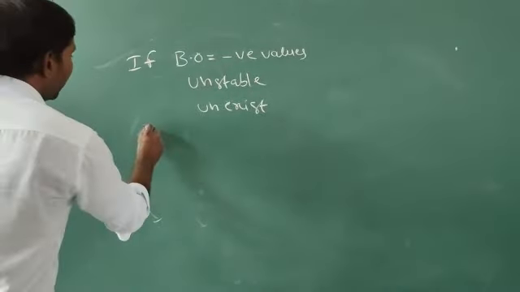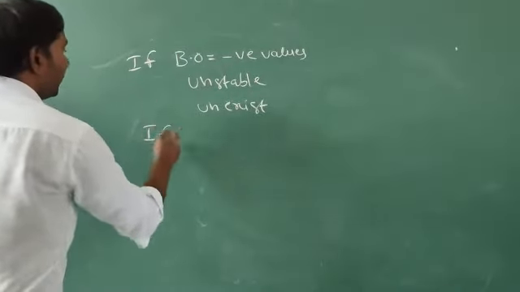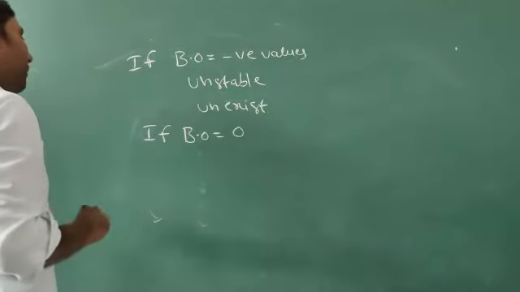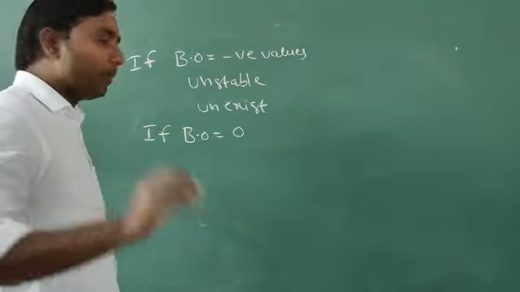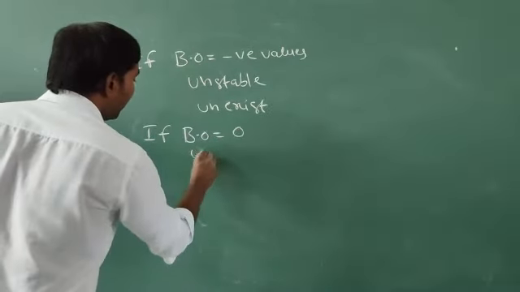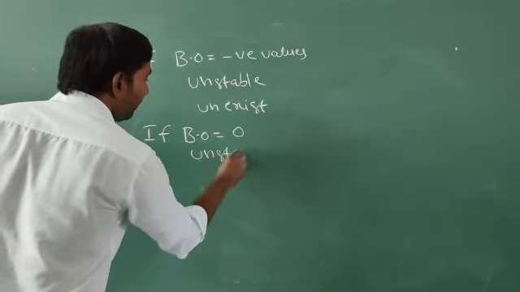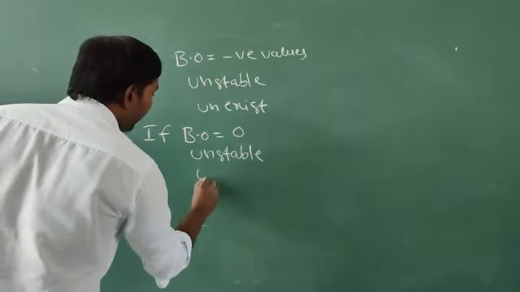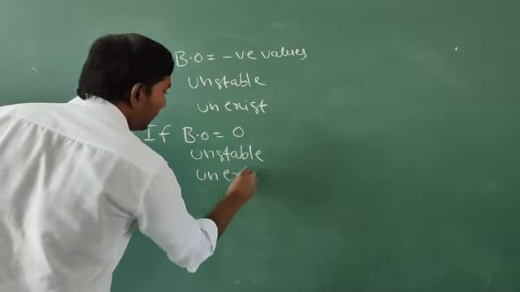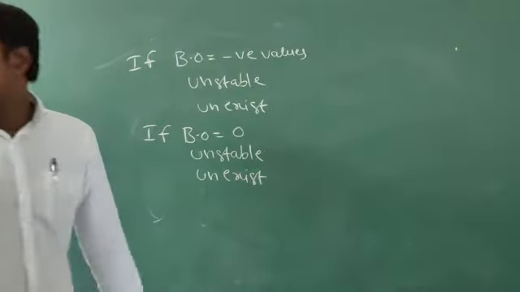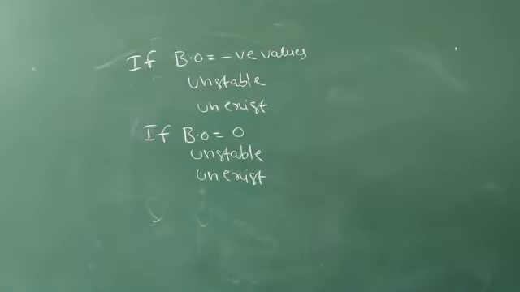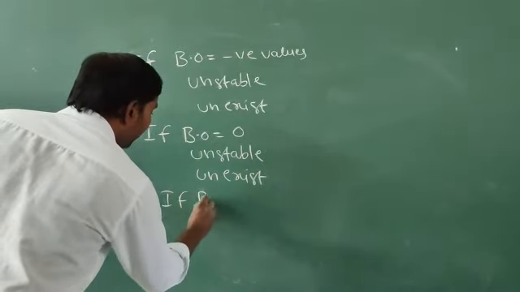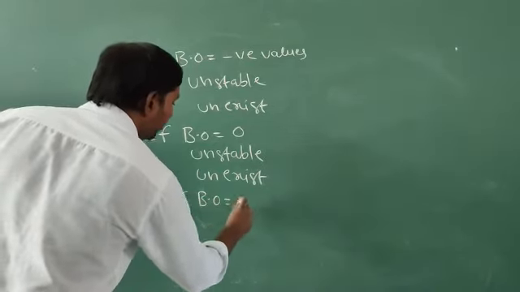Next, if bond order equals 0, that also means unstable and does not exist. Unstable and nonexistent. Next, if bond order is a positive value,